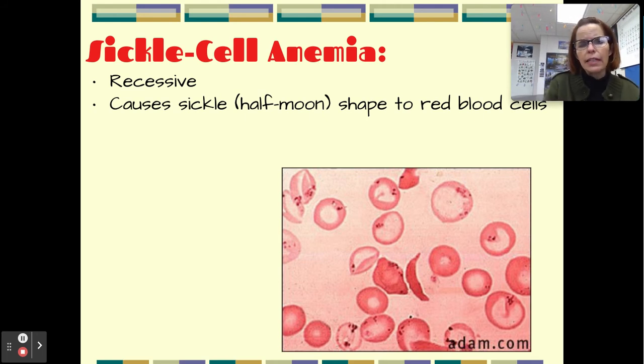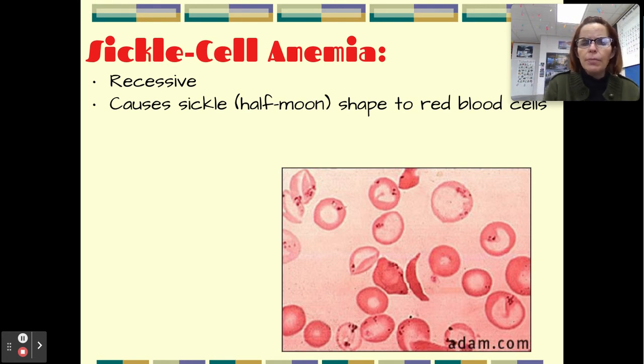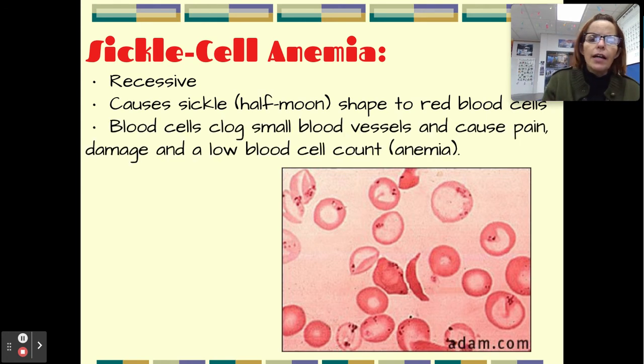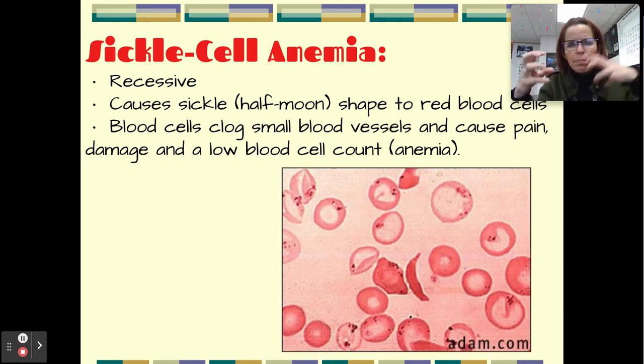All right, again, a small change on a chromosome. This one is sickle cell anemia. This time it's a recessive trait. The only way to get it is if both parents give you the recessive trait. For a dominant trait, you just need one parent to give you the trait. So sickle cell anemia causes sickle-shaped red blood cells. You can see one kind of in the middle of the photograph there. And then they get caught on each other. These sickle-shaped cells get caught on each other and they plug up the blood vessels, and they can cause really